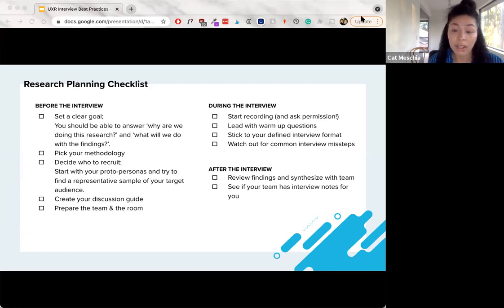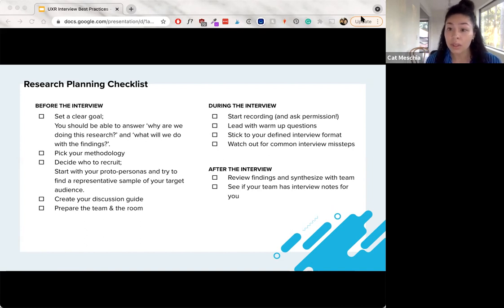The last one that I feel like a lot of people tend to forget is preparing the team in the room. What that might look like for the team side is pep talks, making sure the energy is good. These things are draining. Make sure you have water, you have energy, and you've talked to your team about the different roles they have. If you're a researcher team of one, self-care is super important. If you have multiple people, explain what your expectations of them are, whether that's note taker or facilitator. I've had teams where someone is literally just notating facial expressions while another person is notating the actual words someone is saying.